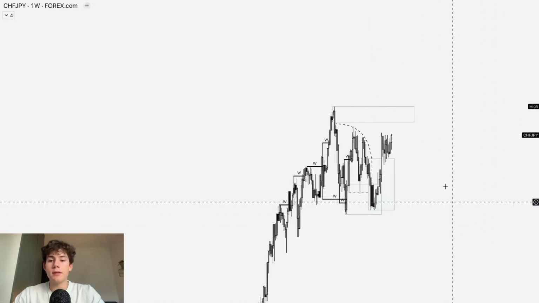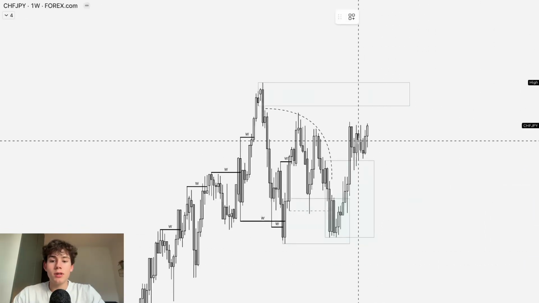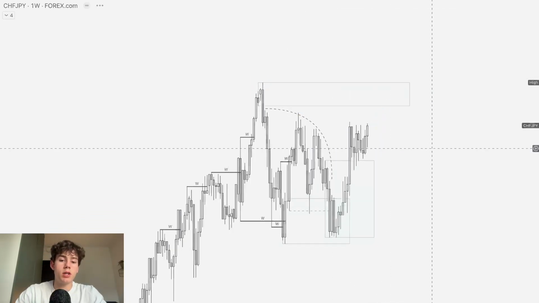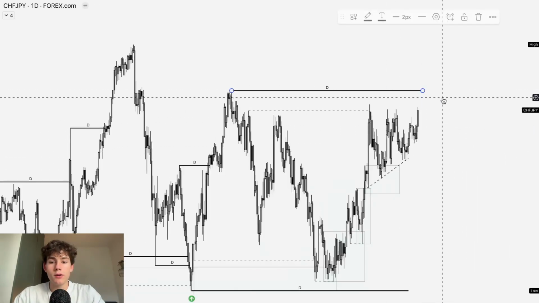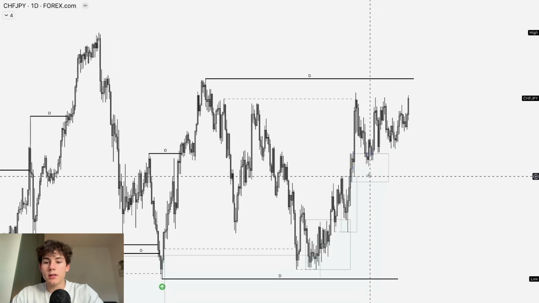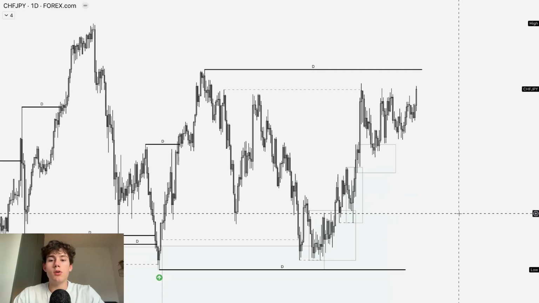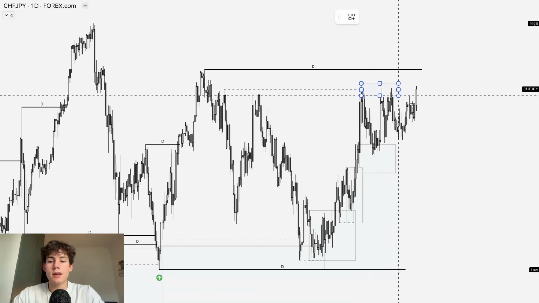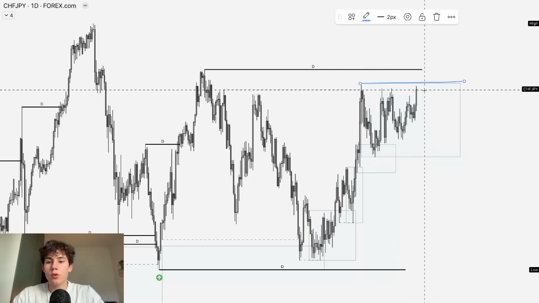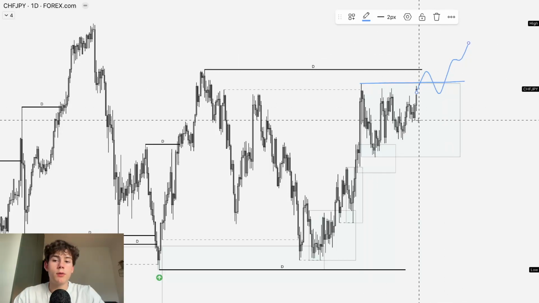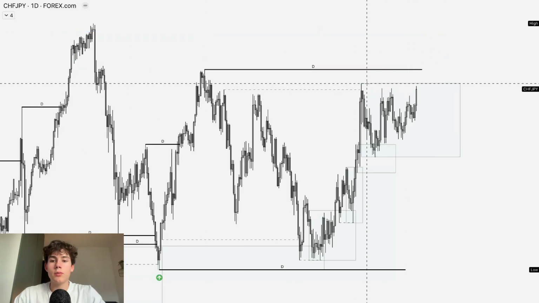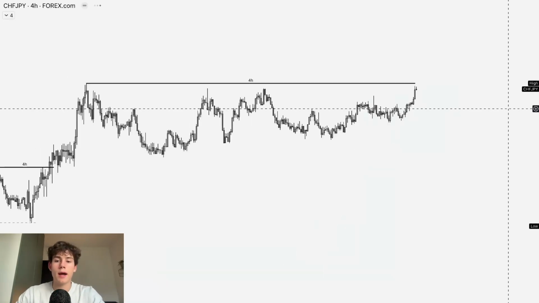So here on CHF/JPY, you can see that we've just been continuing to trade up higher. We have a higher time frame supply and some more liquidity. So in my opinion, we could just continue to trade up higher. Here you also have your daily swing over here, and then we could just trade up higher towards a new daily swing. Yes, we do have some liquidity at the lows, but we've got to look at the facts, and we are breaking the highs again and again. So this demand will be created, I think, after we break this high, of course. Then we could continue to trade up higher from that demand zone towards this supply. So yeah, I'm looking to just continue to trade up higher.